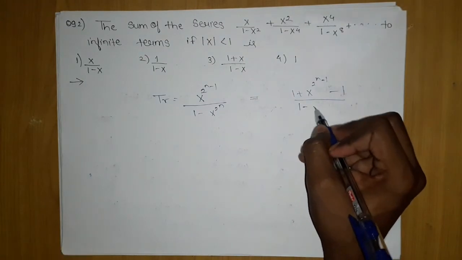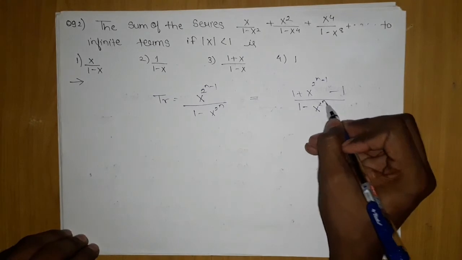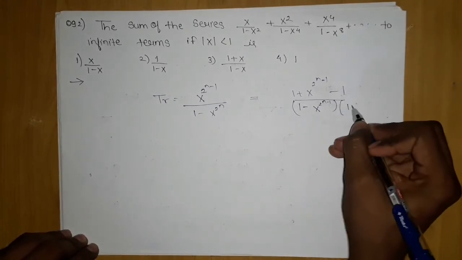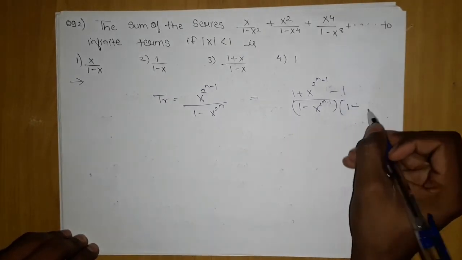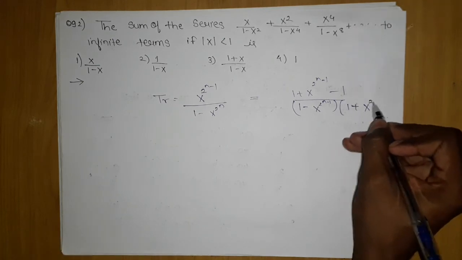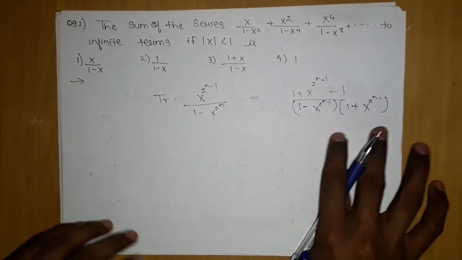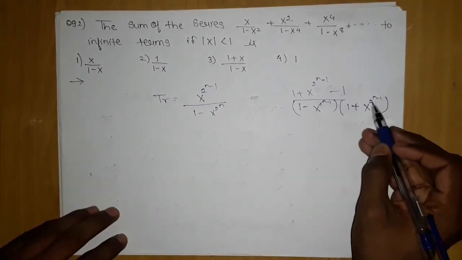Okay, I can write this x power 2n. Okay, this is 2 power n. Okay, don't take it like this. 2 power n minus 1 into 1 plus 1 minus x power 1 plus x power 2 power n minus 1. Okay, I can write this a square minus b square. Okay, if you multiply, they will add on and the square will appear.